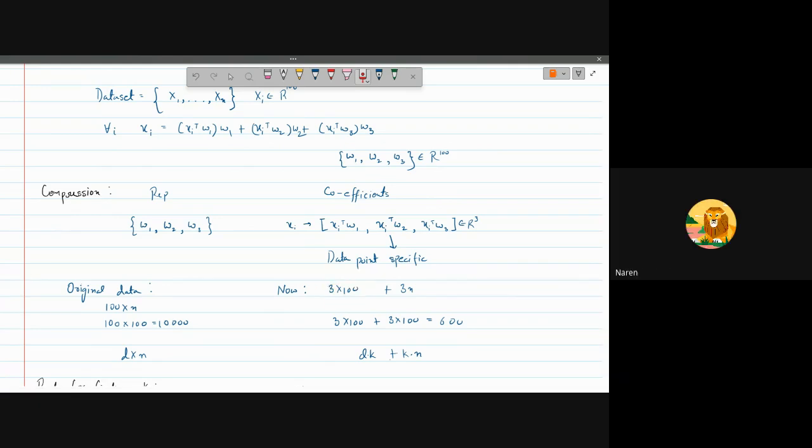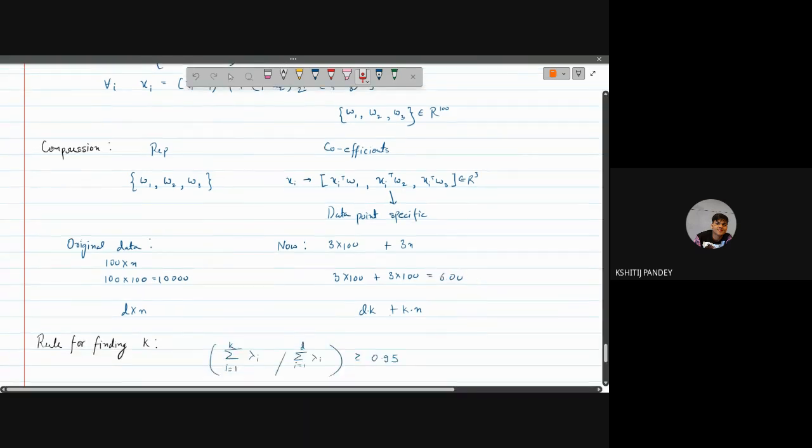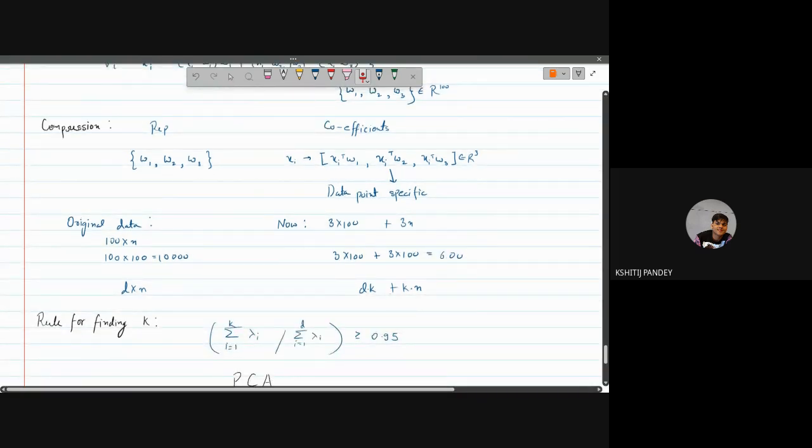Okay, so 3 into 100 for storing the representative vectors, and 3 into n for storing 3 coefficients for each data point. So when you have 100 data points, the amount of memory is 600 units. And extending this idea to k,